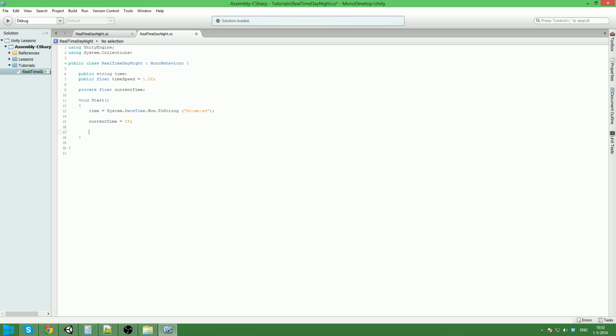So current time is 0, and then what we want is, for every hour, we want to add 3600 to it, because that's the amount of seconds there are in an hour. So we're gonna say currentTime plus equals System.DateTime.Now.Hour, and we're gonna multiply that by 3600,